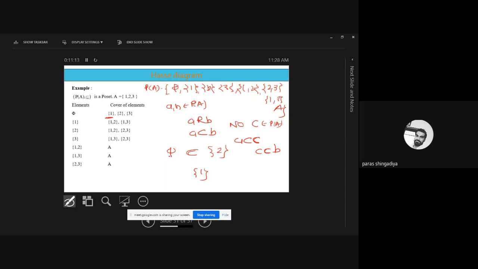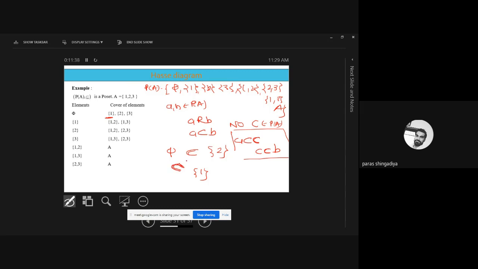So can we consider singleton 1 as a counter example of C? If both the conditions are satisfied, then we can consider. If any one condition is not true, then it is not valid. Which two conditions? A subset C and C subset B. These two conditions you have to verify. A means 5 and B means singleton 2 and this is the C. Clear? So 5 is a subset of 1.